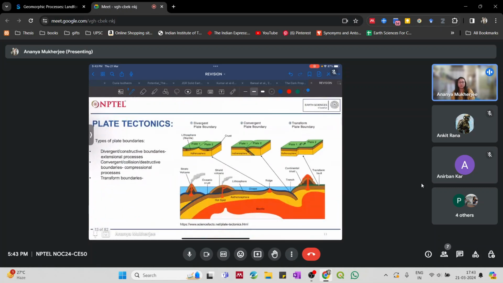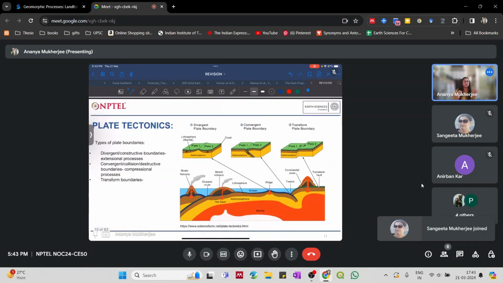So for plate tectonics, the driving force is actually the mantle convection cell. This was explained in the weekly class, but what is happening is that the hot molten matter rises up, and when it is rising up, it either drives the two plates away from each other,